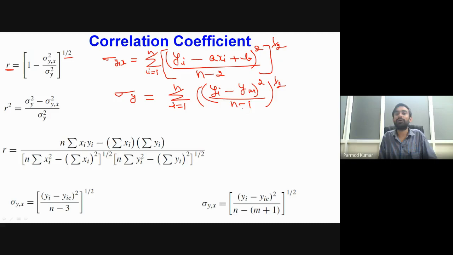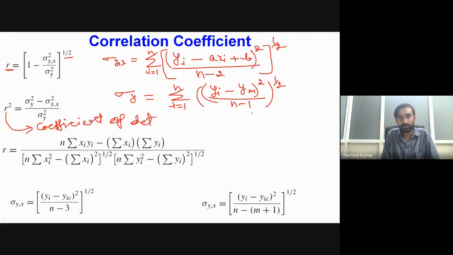We know we consider n minus 1 when our sample is small. This tells the correlation between our correlated data and the observed data. If we take the square of r, r squared is known as the coefficient of determination, and its value you can see from here is equal to (sigma_y squared minus sigma_yx squared) divided by sigma_y squared.